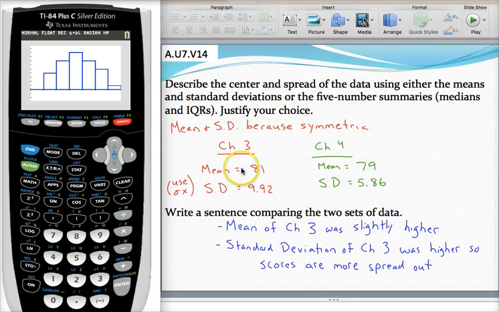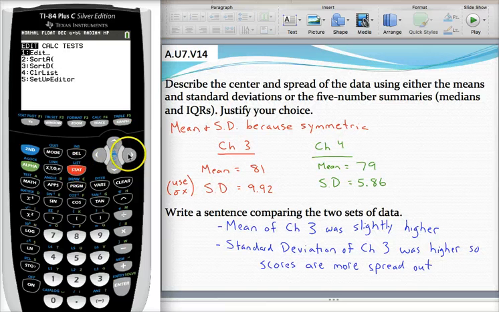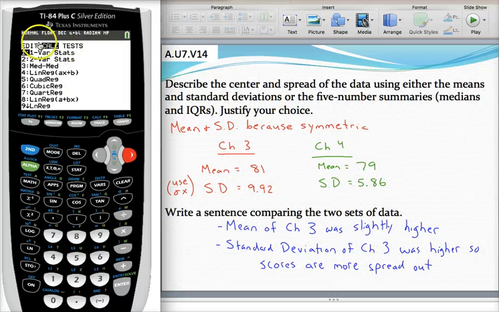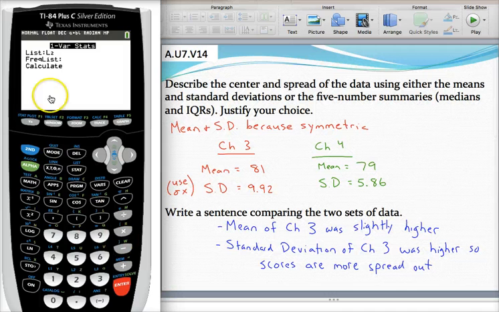So let's go ahead and calculate the means and the standard deviations for each set of data. To do this, unfortunately, that data cannot come directly from our histogram. We'll have to do one more thing. It's the same thing we've been doing all along in this stats unit. So press stat, move over to calculate, and select that first option, one variable statistic. We'll have to do this twice, once for L1, so let's get second L1. First we'll start with the L1 data, then we'll do the L2 data, and then we'll be able to